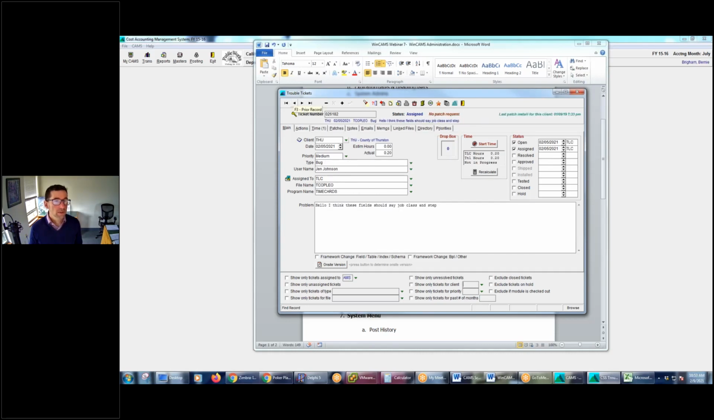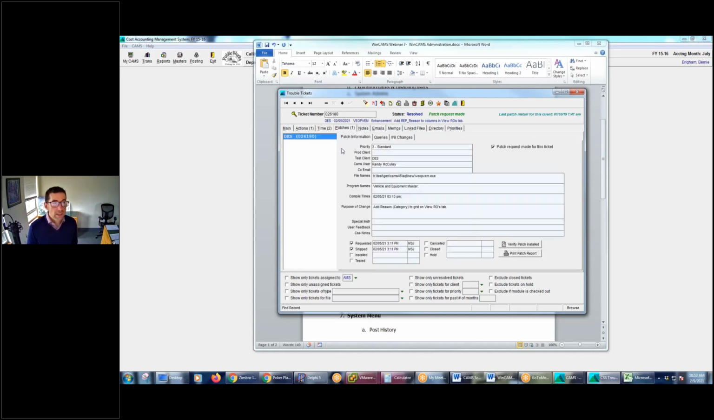Let's see. We have all kinds of things here, but okay, here we go. Deschutes County asked us to add the repair order reason value to the columns in the view repair orders tab of the vehicle master. Okay, so when Matt, this is Matt, when I assigned this to him, and then when he did it, he